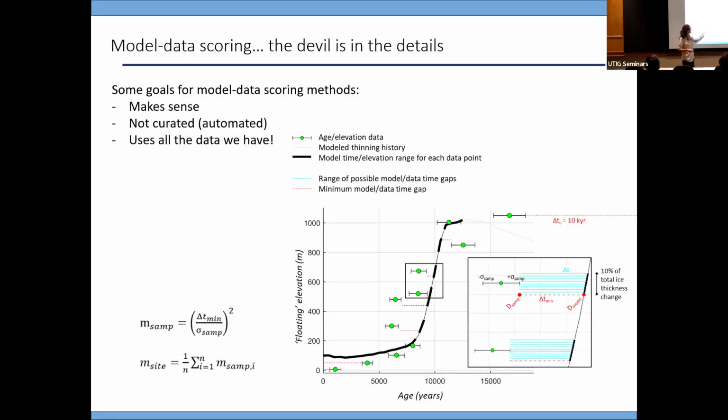Here's one example. This is all I'm going to show, and then I'll move on. Here's one example of terrestrial model data scoring. So here you have one exposure age site. Each green dot is the exposure age. It's along an elevation transect, right, a mountain peak, and the uncertainty is here. And then the black line is a model thinning curve. For each sample at this site, we identify the time difference between the age at that elevation that was measured and the time that the ice sheet reached that elevation in the model. This time difference, along with uncertainty, gets into a squared error that gets summed. You get a site score, and then you combine that to get a model score, and then you can start evaluating things.